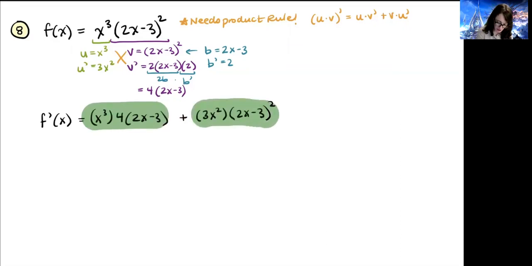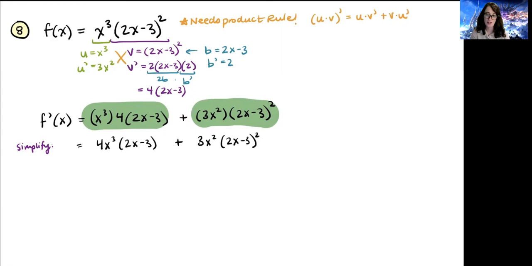Now in the first chunk, and just to be clear here, what we're doing is simplifying. The x cubed times 4 times 2x minus 3, that'd be better if we just wrote that as 4x cubed times 2x minus 3. Then also we don't need the parentheses in the second chunk around the 3x squared. We can just write that as 3x squared times parentheses 2x minus 3 squared. Okay, now what we're looking for, again to simplify,